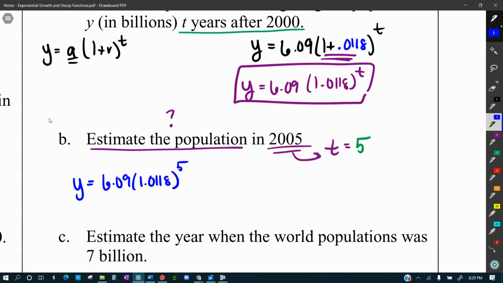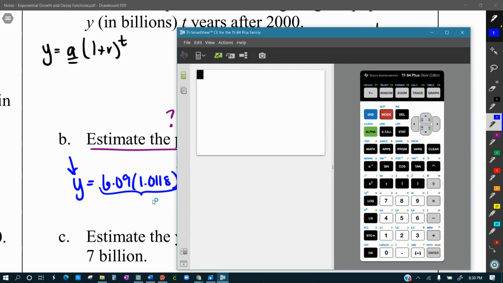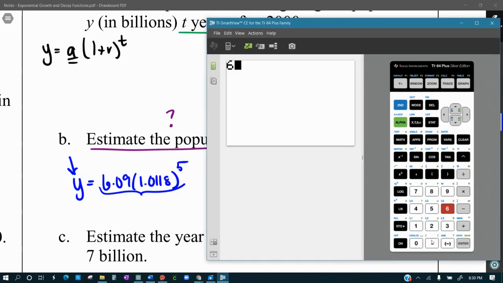And if I look at this equation versus the last equation I had, my variable is all by itself already. So we're not solving here, we're really just simplifying this right-hand side. So we can use our calculator for this and just get a basic value. So I'm going to pull up the calculator. I'm actually going to quit, so I'm going to do second, quit, and let's type this in exactly as it shows, and let's get a calculated value. So 6.09 parenthesis 1.0118 close parenthesis to the 5th power. And let's see what we get. We get a y value of about